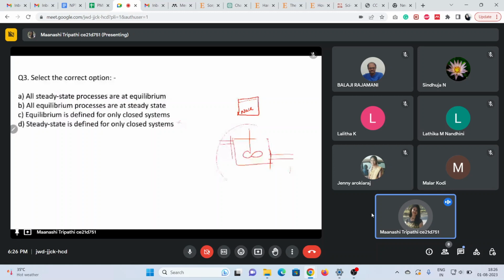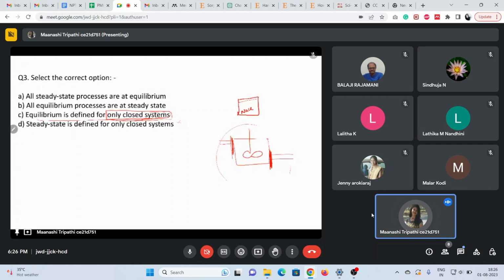If there are any places where we say it is in equilibrium, we first convert the system to be closed, then only we measure the equilibrium. The concept of control volume will come in future classes. When we say control volume, it also means a closed system. We are taking a volume that is fully under our control. In layman's language, it is a kind of closed system that we consider for solving a particular problem, or for looking at a particular set of parameters for that particular area. So option C was correct.